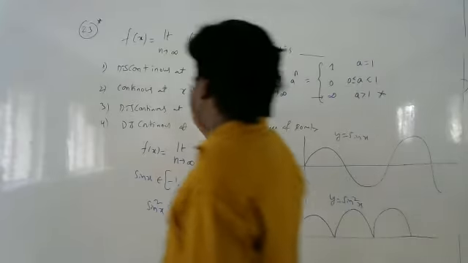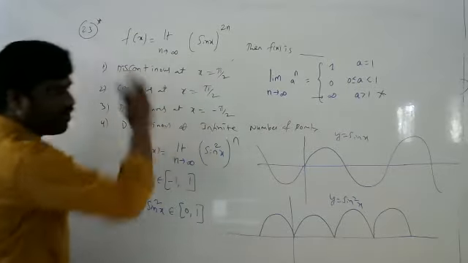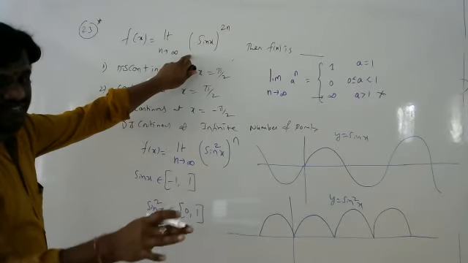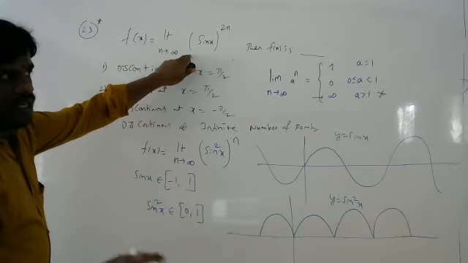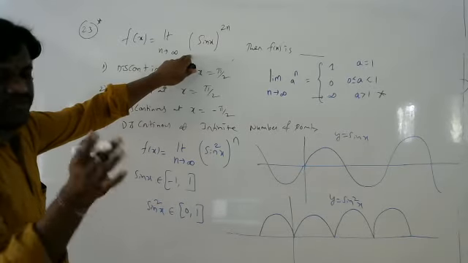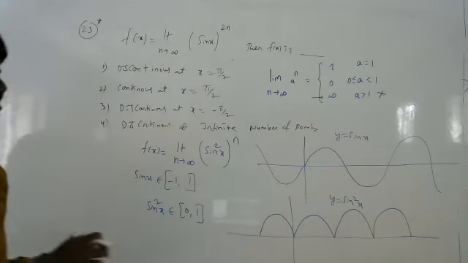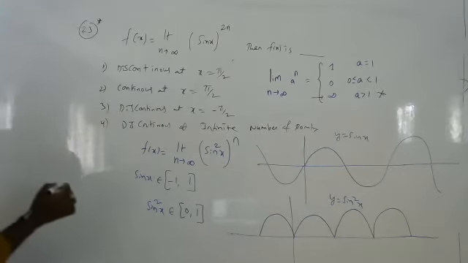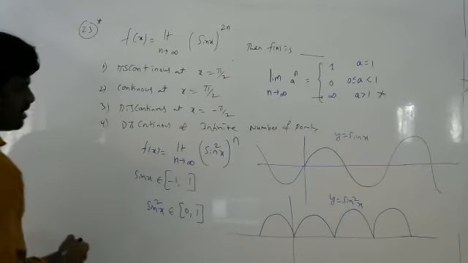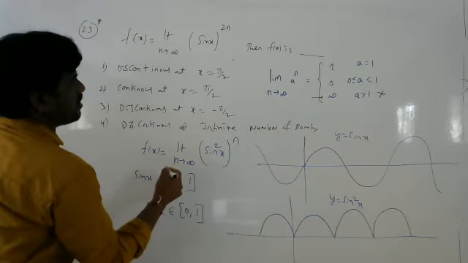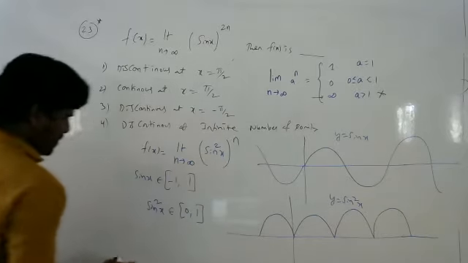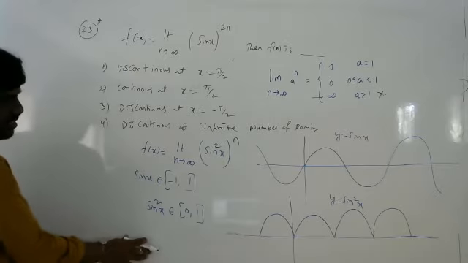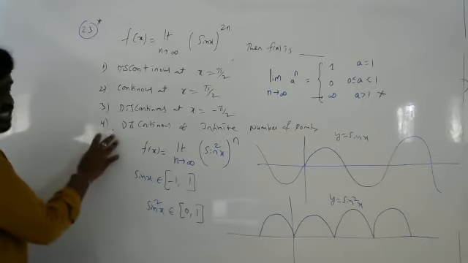Whenever you have limit n tending to infinity problems, you have to redefine this function, like previously I redefined the function. Same way, you have to redefine the function, then check the limit. Therefore, if I redefine here, this is the function I will get. Please note this down, I will explain. Is it visible here? See, this is advanced.